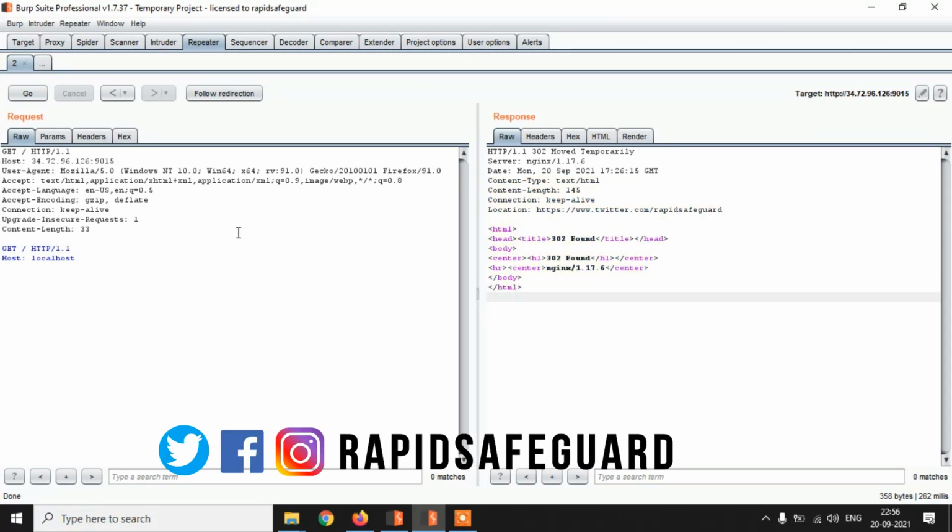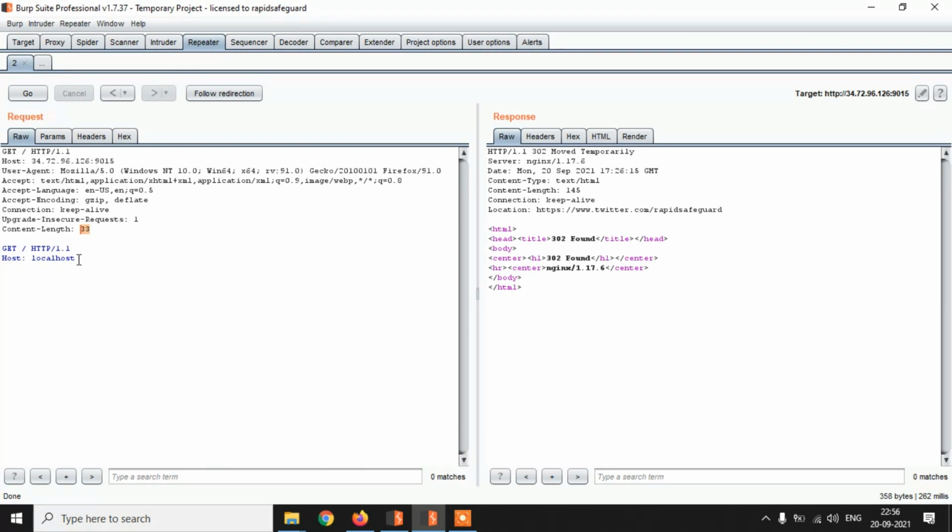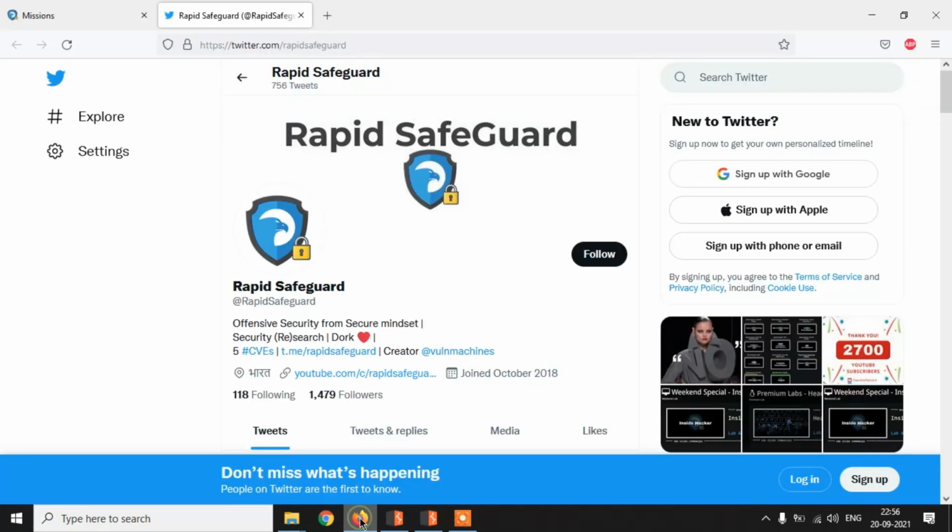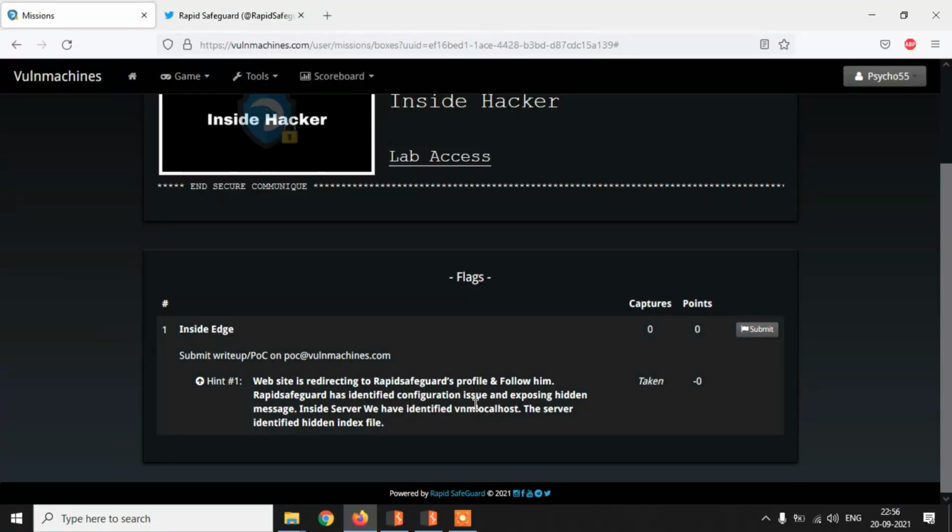This is a normal request; nothing is changed. The content length is given. Let's try something else. Let's remove the upgraded resource and try, and go to the host that identifies the vhost localhost.